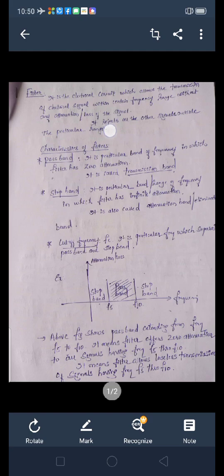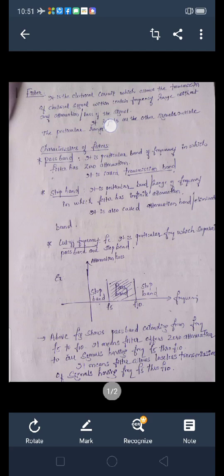That time this filter circuit is designed in such a way that its input will be given as 100 signals having all the frequencies from F1 to F100, but the output of this filter circuit will be only the signals having the frequencies F1 to F50 only.